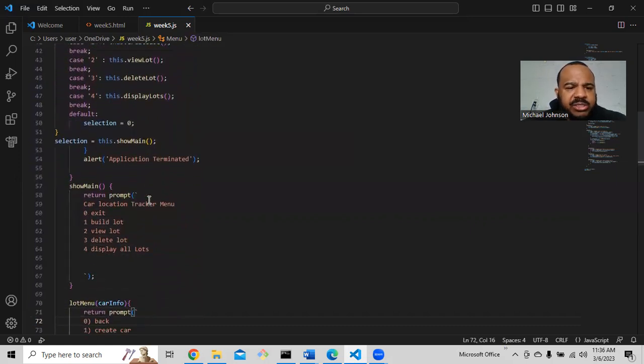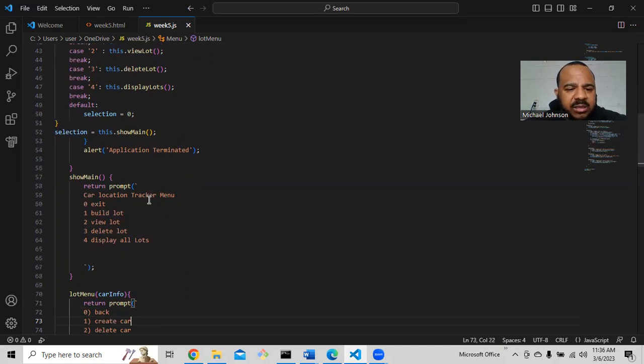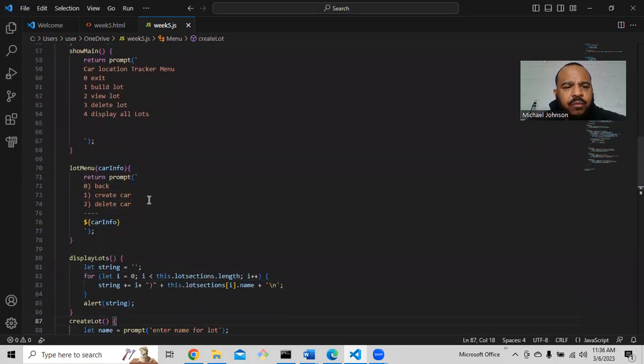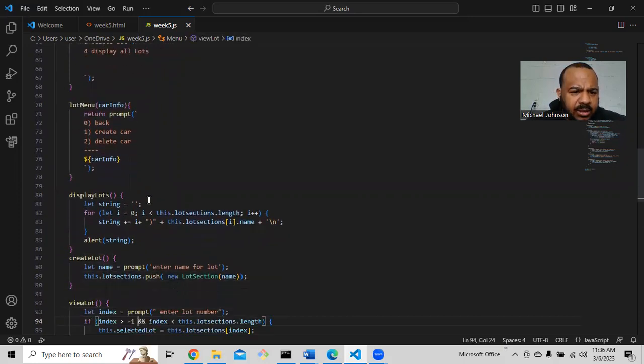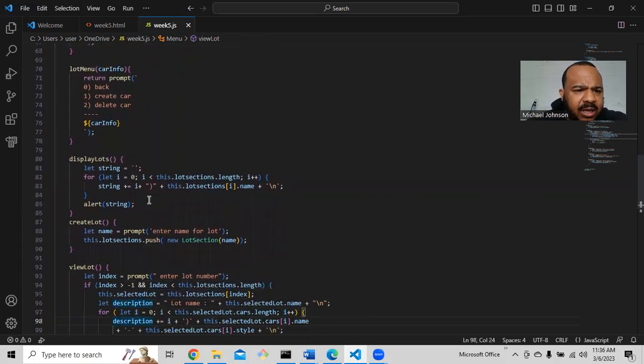And right here, my show main menu prompts will be: car location tracker menu, 0 for exit, build a lot for 1, view a lot for 2, delete a lot for 3, and display all the lots. Then we have a sub menu for when we select view a lot, where we want to input a car or delete a car. And we have a display lot